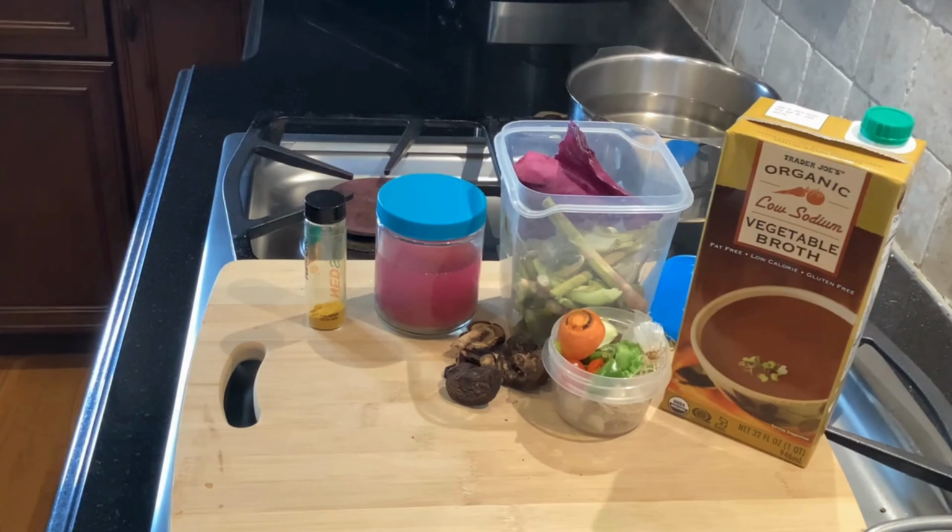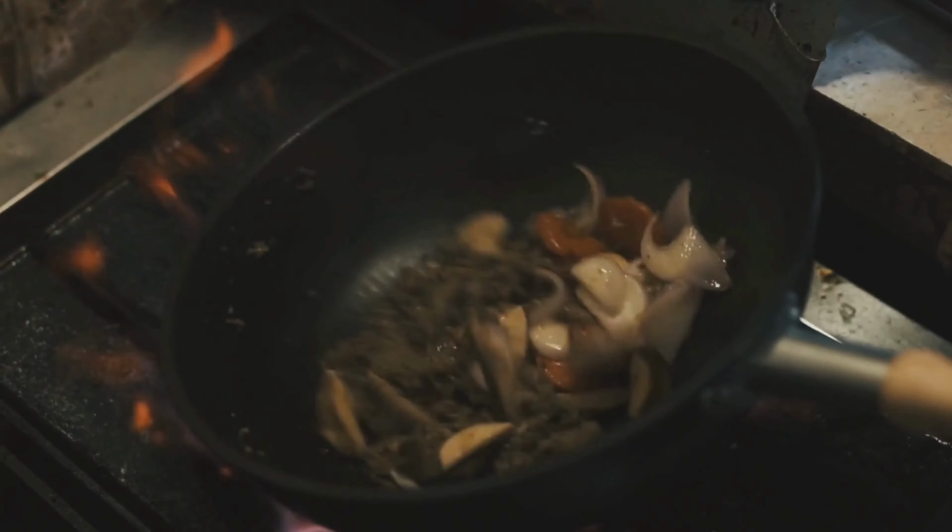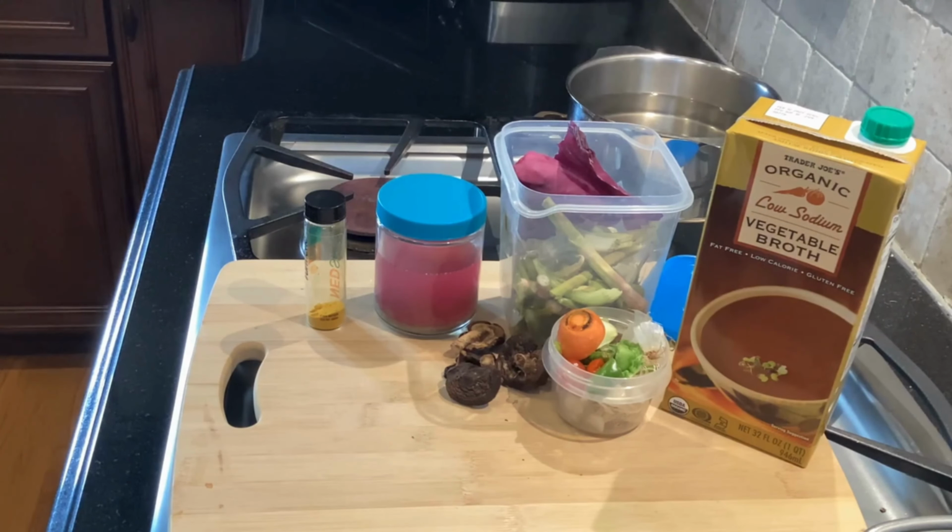And I use a lot of broth at home in cooking. I cook my stews, soups, dals. I cook my grains in the broth, and I use it extensively when I'm stir frying my vegetables and making my everyday curries. So in order to not spend money on broth, which can easily be made at home, I started